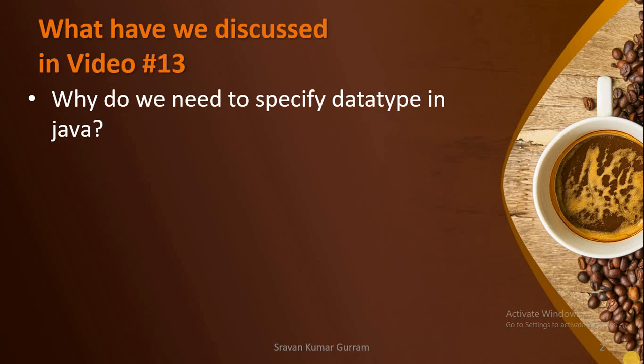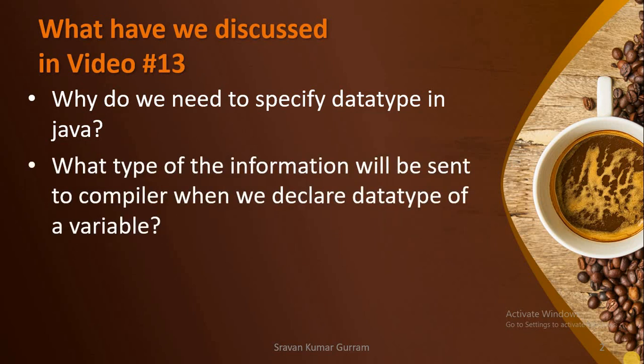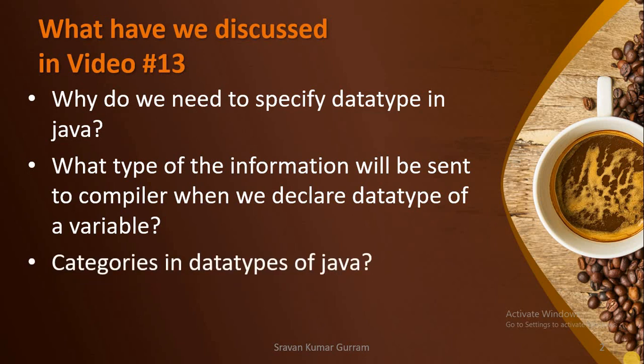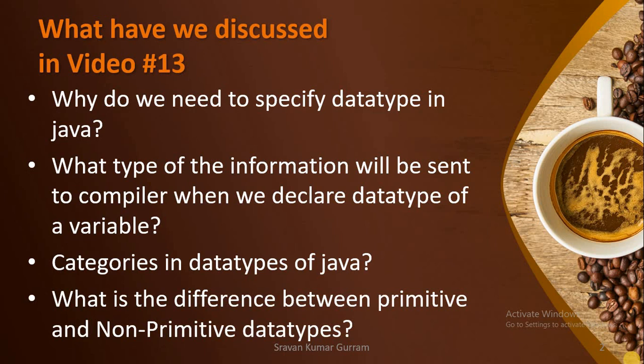Why do we need to specify data type in Java? What type of information will be sent to the compiler when we declare the data type of a variable? Categories in data types of Java. What is the difference between primitive and non-primitive data types? In the last session, we clearly covered what is primitive, what is non-primitive, and what are the properties of primitive and